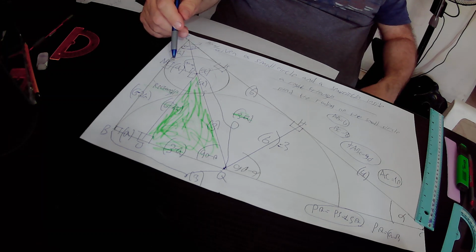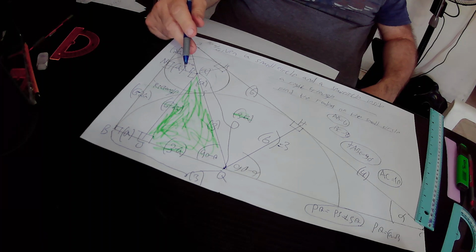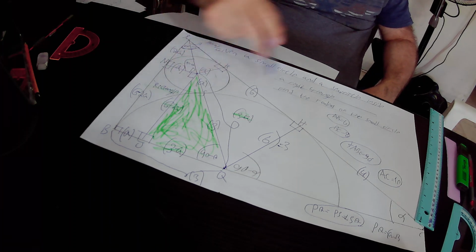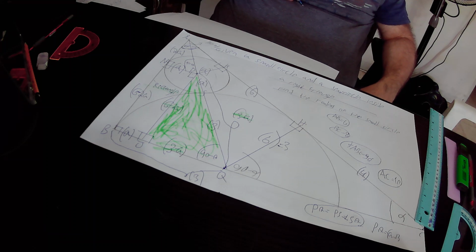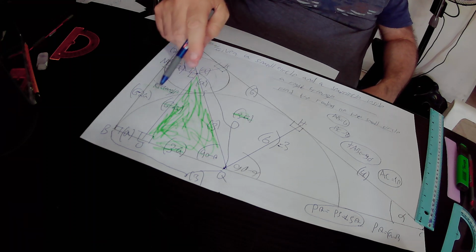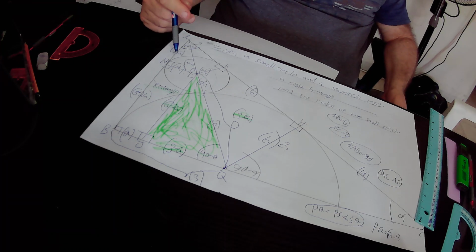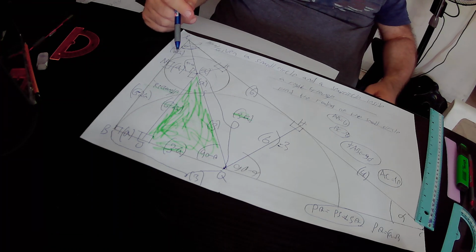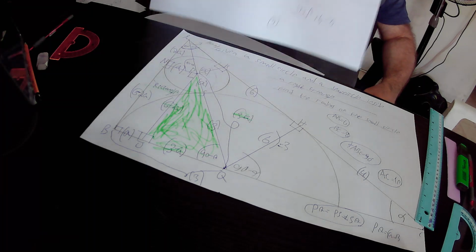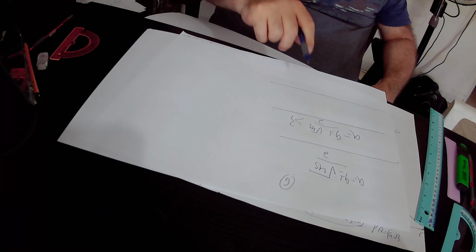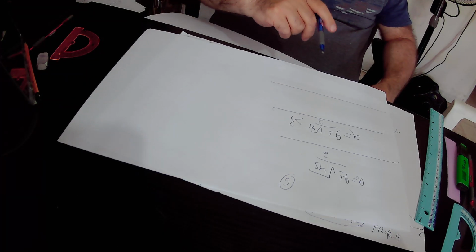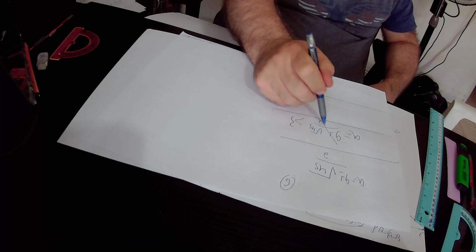Why? Because this small circle is definitely smaller than the big semicircle, and we know that the radius of the big semicircle is 3. Therefore, the radius of this small circle must be less than 3. So the solution for a that is greater than 3 is incorrect, so we cancel it,